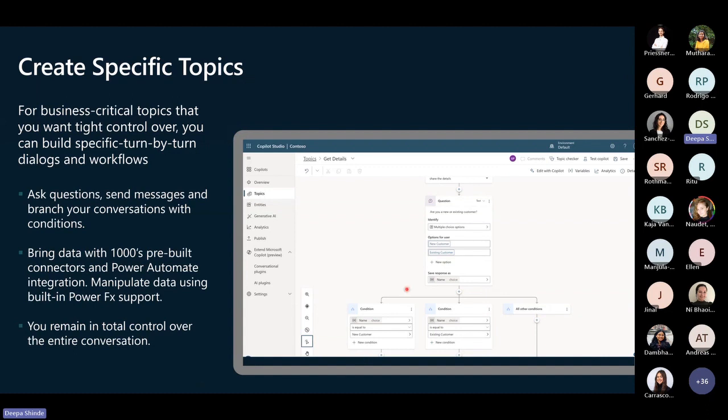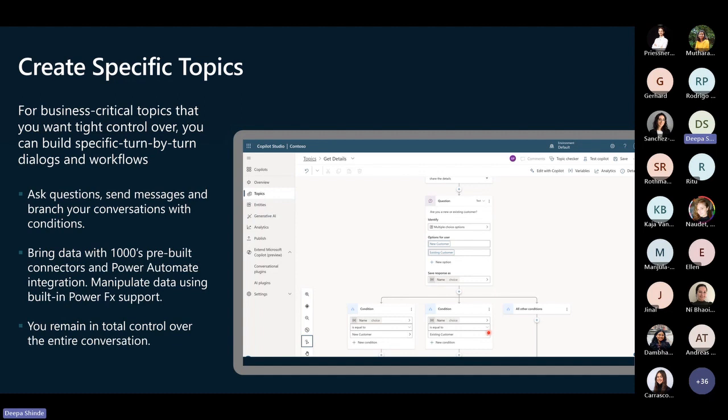Now that topic has to be engineered. If you see here, this is the process of topic engineering. You ask a question, the trigger, you can't see the trigger point here, but we'll see it when I share my screen with my environment. But it's all about triggering with the phrases that the user might ask, then asking a question to the user and building various conditions. That's typical topic engineering and a conversational tree, basically.